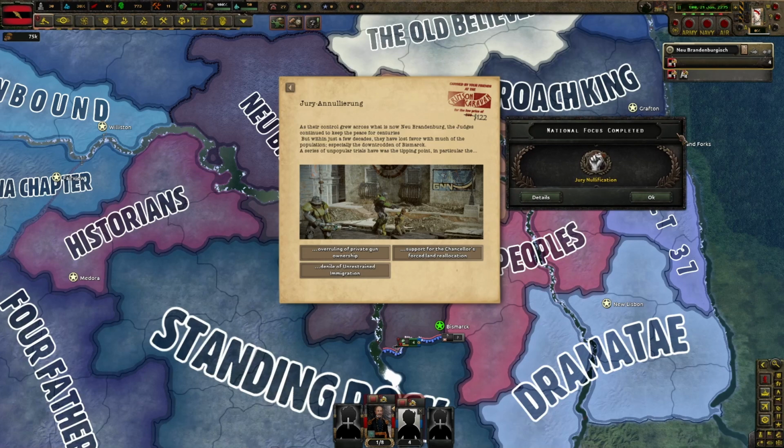As the control grew across what is now Neu Brandenburg, the judges continued to keep the peace for centuries. But within just a few decades, they have lost favor with much of the population, especially the downtrodden of Bismarck. A series of unpopular trials was a tipping point. In particular, the...